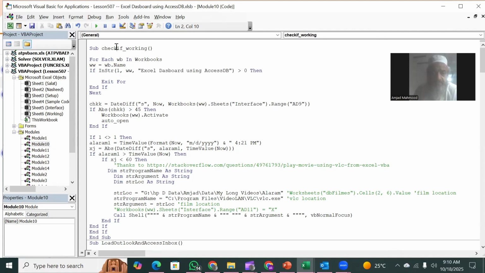Whenever it is found that it is not working, it will push it to start working, right? So when the delay is more than 45 seconds, what would it do? It will reactivate it, and the monitoring will not be crashed, will not be stopped, will not